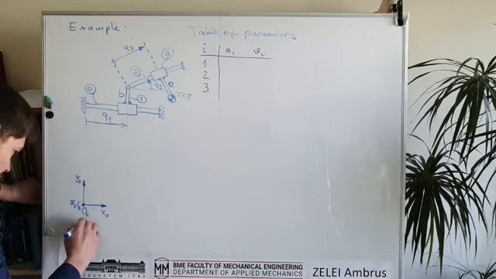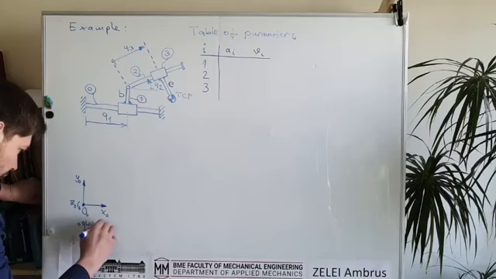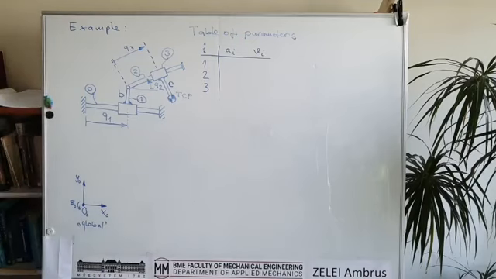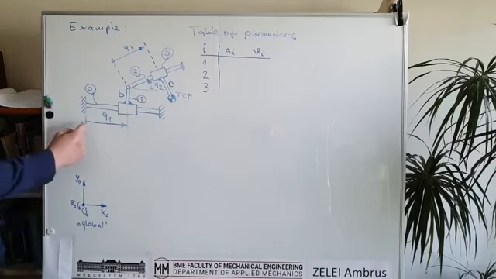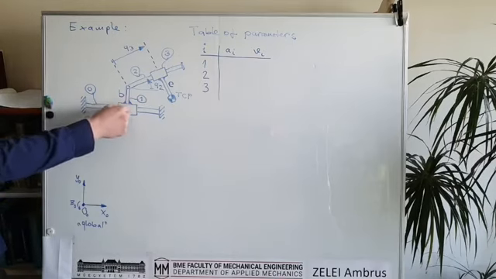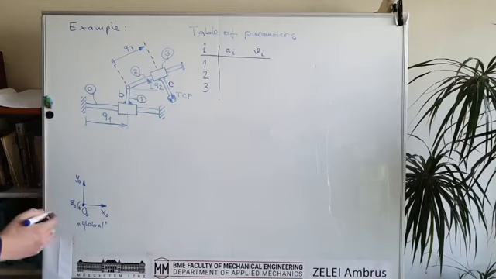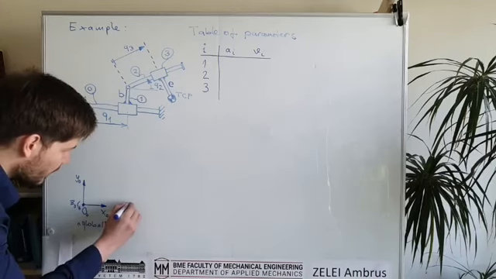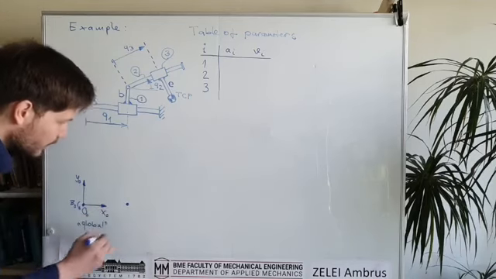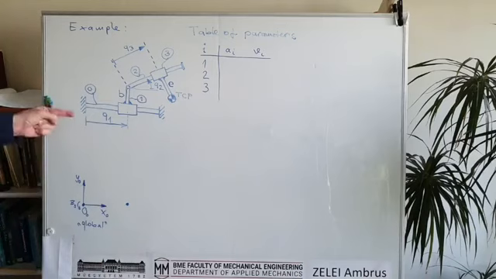Okay, so this is the global coordinate system, and then we say that we fix another coordinate system to rigid body number 1, of which the origin is a bit moved in the horizontal direction,